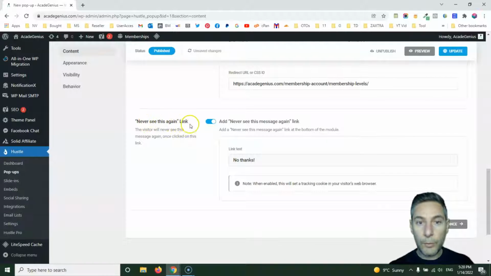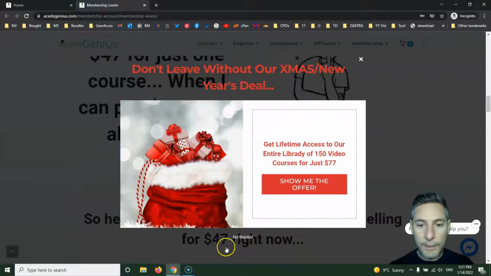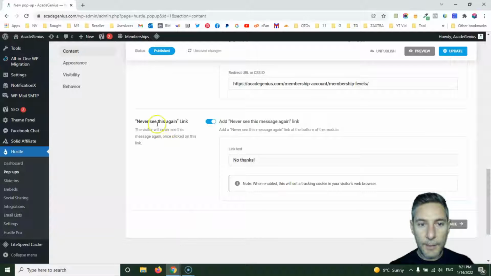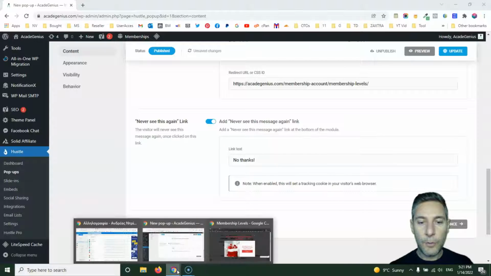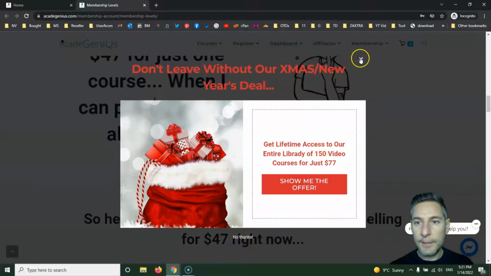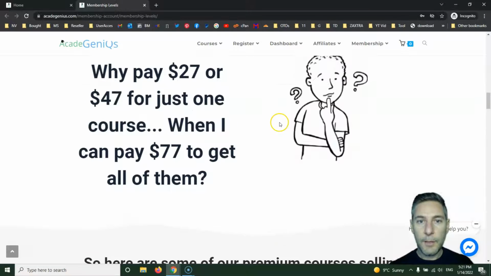We want to allow people, if they don't want to see it again, to never see this again. It says here, add this option. If you go here, you see there is the no thanks. This is the setting to never see this again. If they click the no thanks, you can change the text if you want to say something else, it will not appear again. If they don't click this and they click just this X, they close it, but when they go to another page,